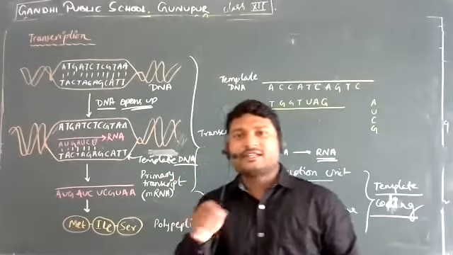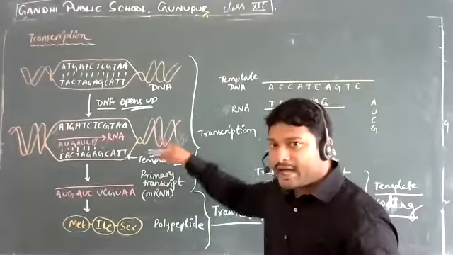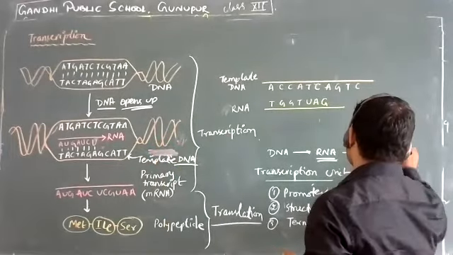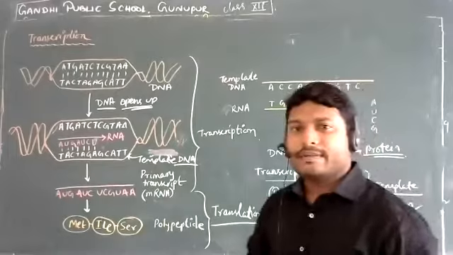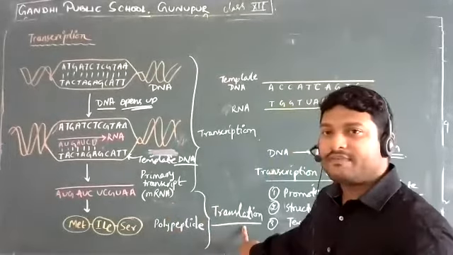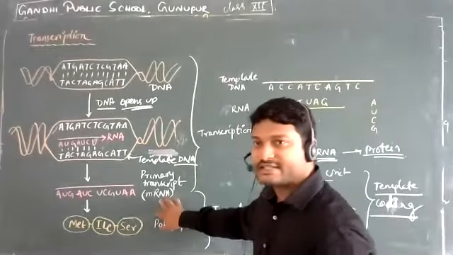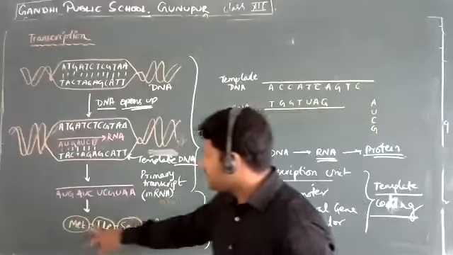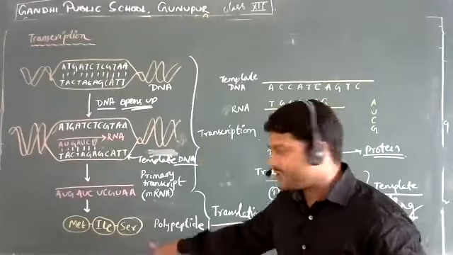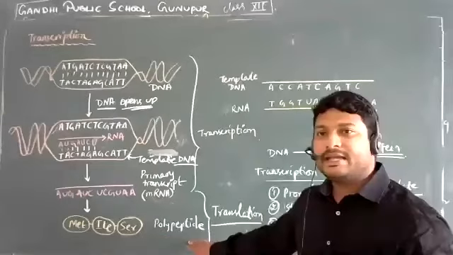We know that for the genetic information to be actually useful, it is transferred in the form of RNA, and from RNA, it is going to form, of course, the protein. So when we talk about the protein, how is it going to form? By the process of translation. With the help of translation, this primary transcript forms a particular sequence of amino acids that are joined together by peptide bonds, and that is going to be called a polypeptide.